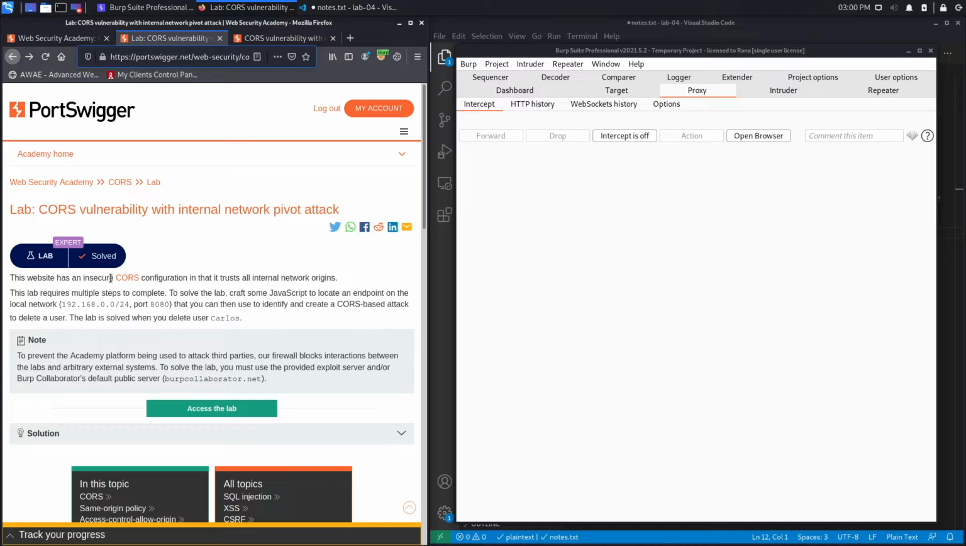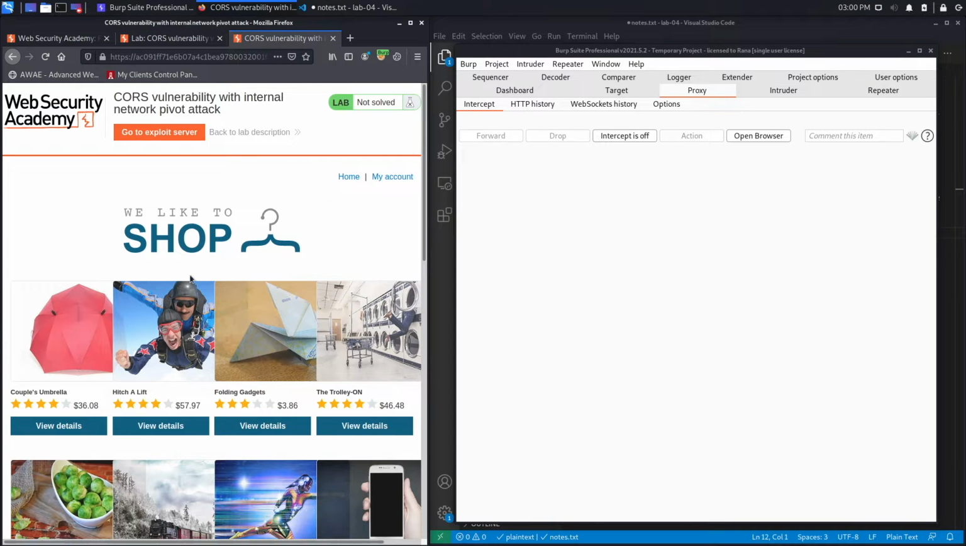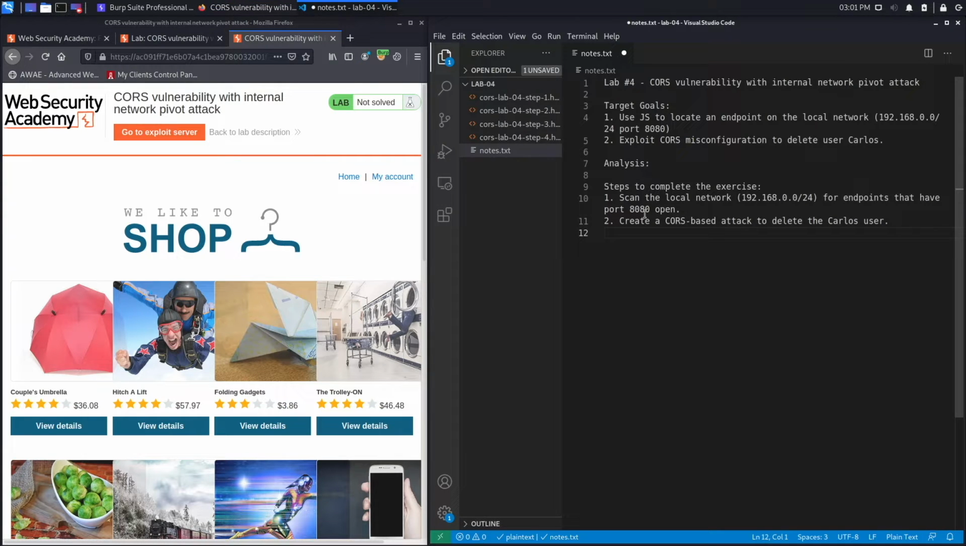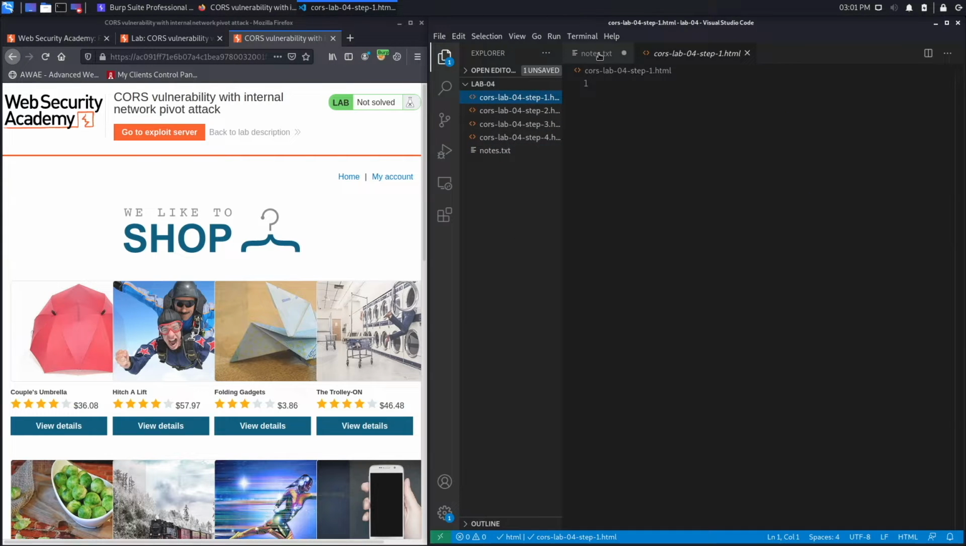So this says this website has an insecure CORS configuration in that it trusts all internal network origins. So when I read that, I assumed that we're trying to exploit this site over here. However, after solving the exercise, it's clear to me that the website that we're trying to exploit is the one that we're going to look for in the local network. So whatever IP address that we find that is running a web service at port 8080, that's the one that has a CORS misconfiguration, and that's the one that we're going to use in order to delete the Carlos user. This is just a sample website that we're given. So as long as we understand that, let's start off with completing step number 1, which is to scan the